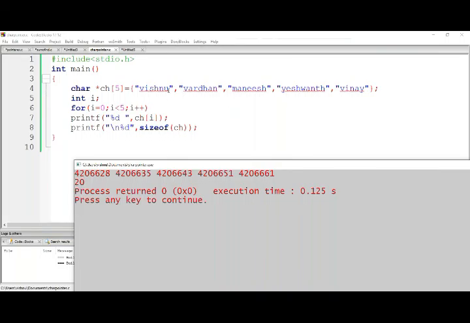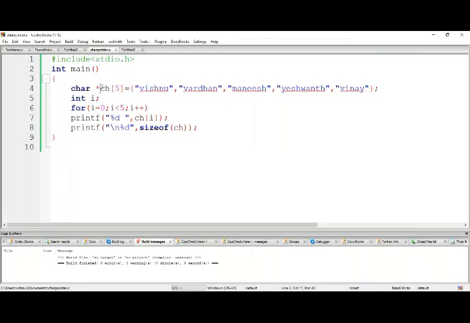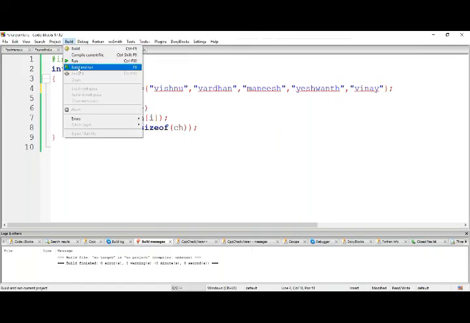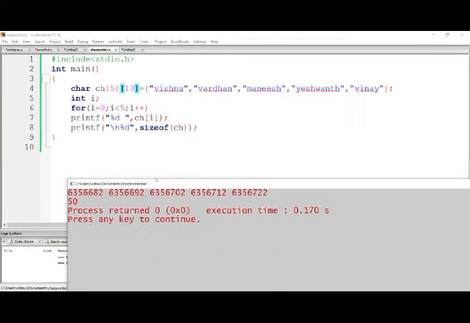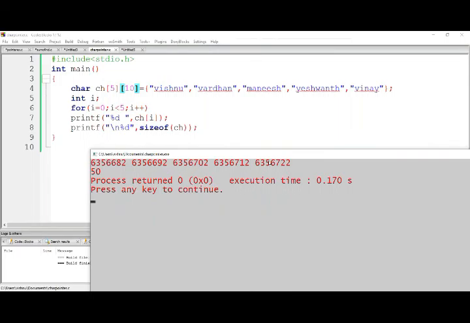Yes, sir. Now let me show you the character array. By placing the character array, what is the difference? Let me show you that one. So here, let's observe the values of addresses. What is the difference between each address? 10. And that is what I'm going to say.